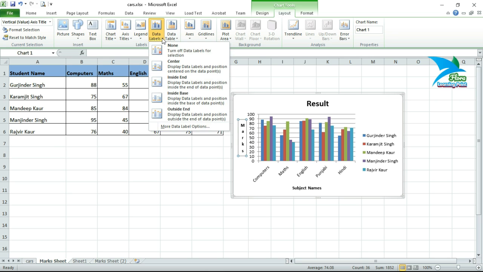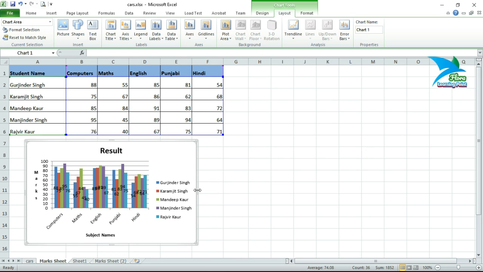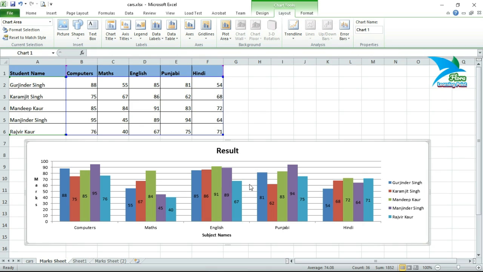And next we are having data labels. Data labels, as we discussed in the previous slide, means the values according to the bar. If you want to display those values, those numeric values, then you can click here, center. Here we are having the values, but presently we are having very less area in the chart, so I will resize the chart also. If you want to resize the chart, just move your pointer here. When it converts to a double arrow, then drag it. So now we are having these values.